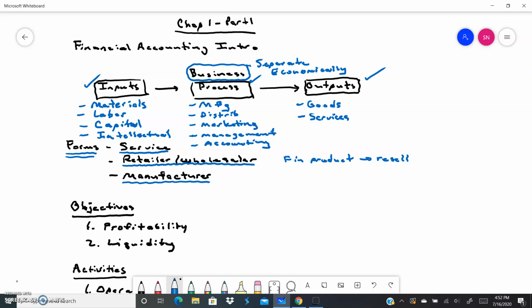Okay. All right. In terms of the business, we've got two principal objectives. And a lot of times people don't think of maybe the second objective, but the first objective I think is pretty straightforward. We're talking about profitability. Profitability in this particular case means that the revenues, and we'll come back to what that means later, but it's basically the sale of goods and services, is going to be greater than the expenses or the cost of doing